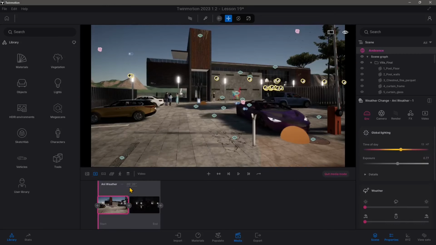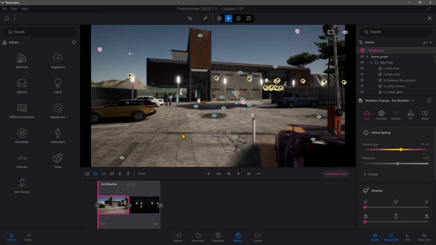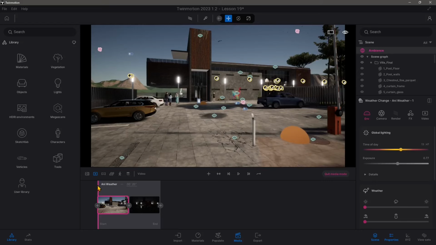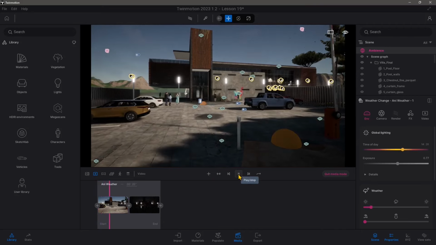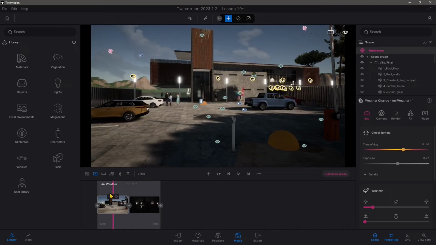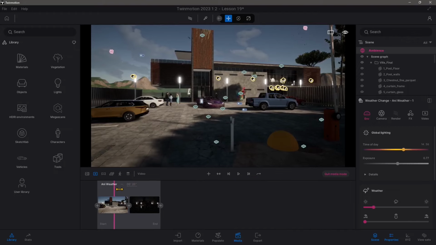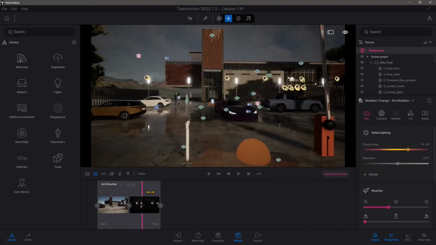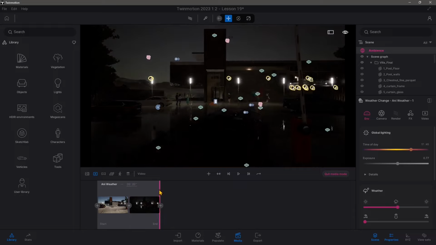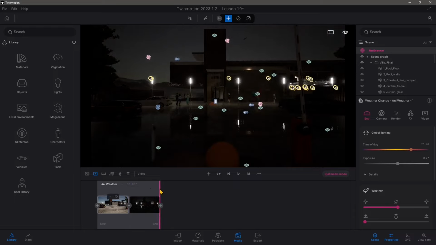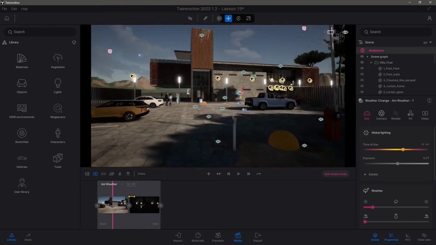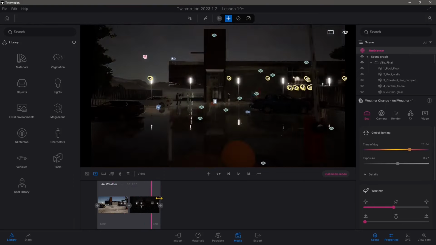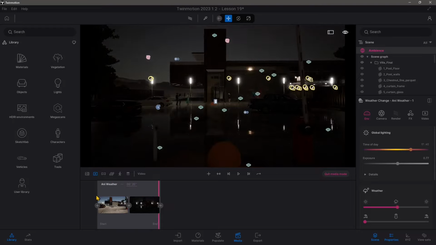Now let's talk about the animation and the different ways you can animate your video clips. We saw we can animate the camera using different keyframes, but you can also animate the weather and a lot of the ambience effects. Remember also to set up a good timing so that your animation doesn't go too fast or too slow. And you can see here that it's doing a time-lapse effect, going from a day scene to a night scene. And this is thanks to a particular setting that I will show you that will help you to change